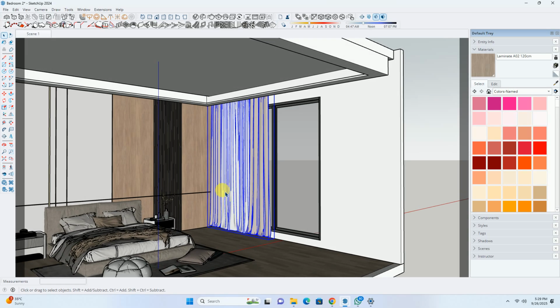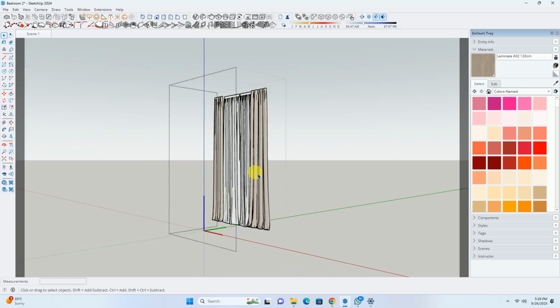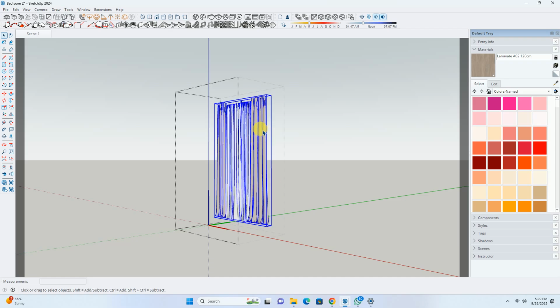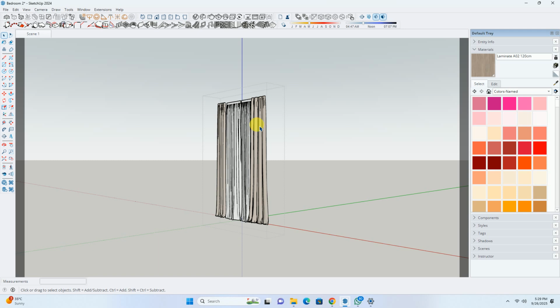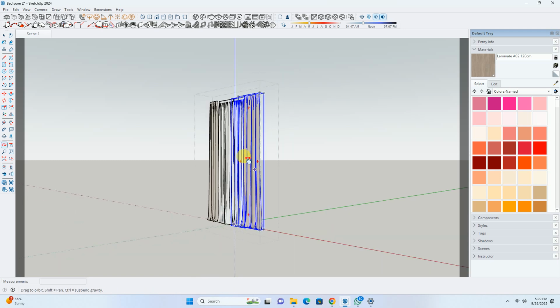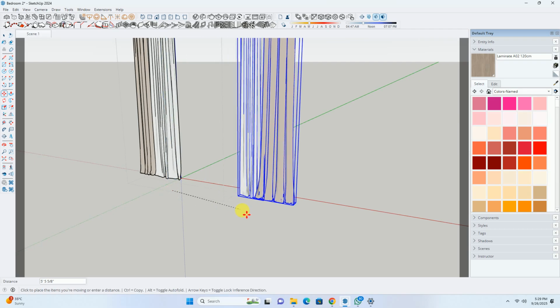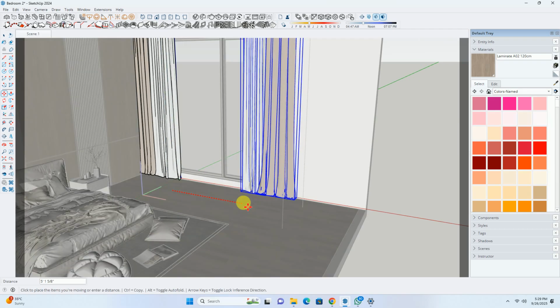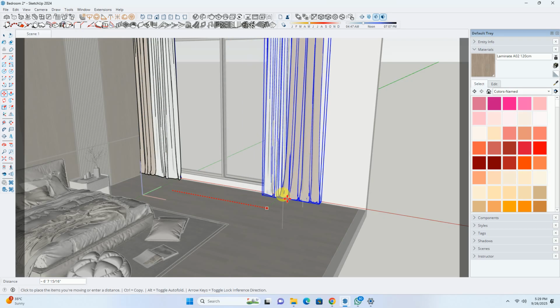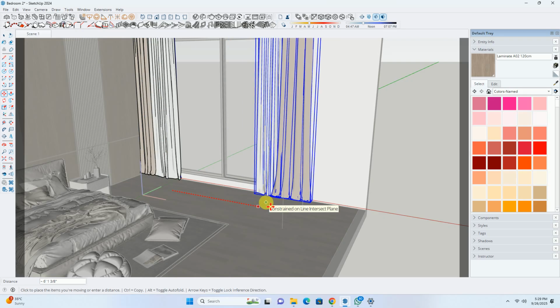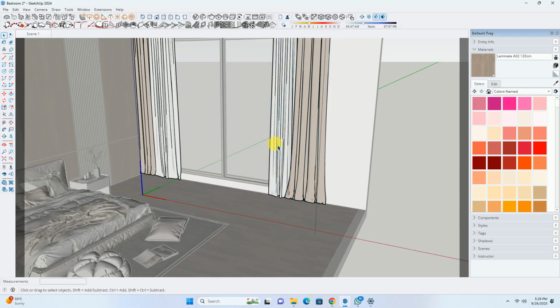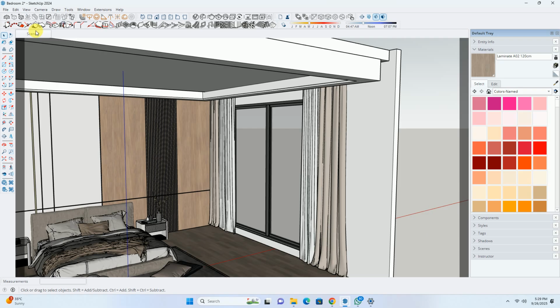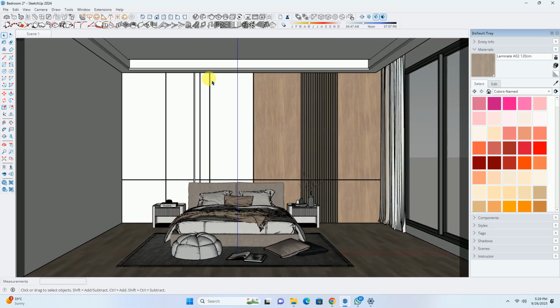Now, I want two curtains to remain over here and two curtains to slide to this corner side. So for that, I'll double click on it. Then it's a component within a component, so I'll double click on it again. Then I'll select these three elements and apply the move command along the red axis. You will create a gap so that sunlight can enter into our bedroom. So let's just take the gap as 7 feet. Now we'll click again on this screen feature.